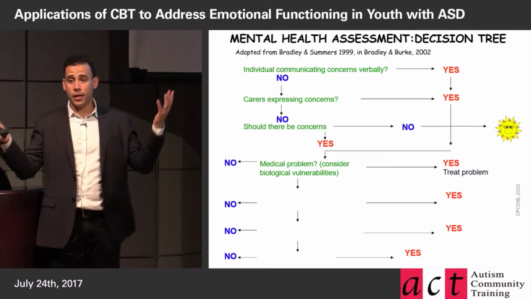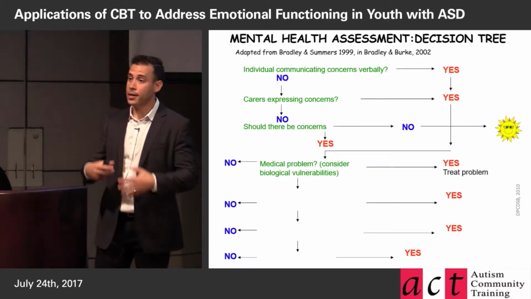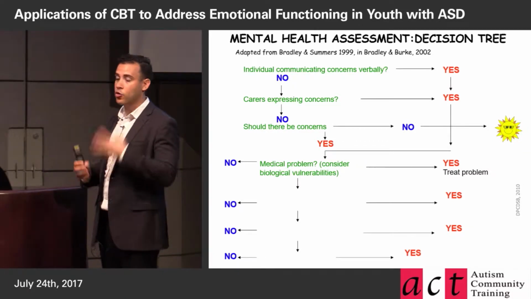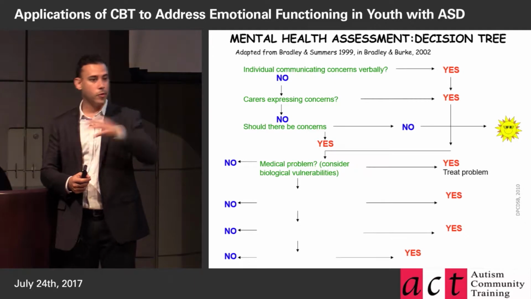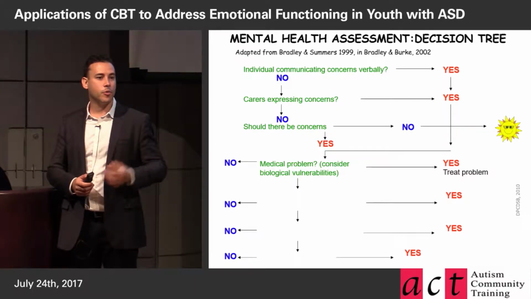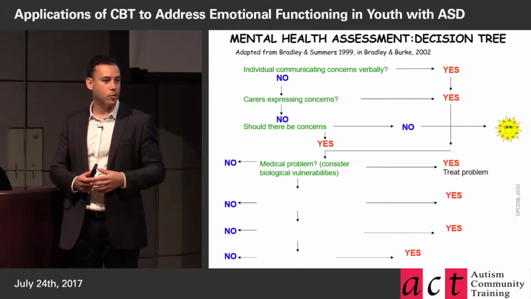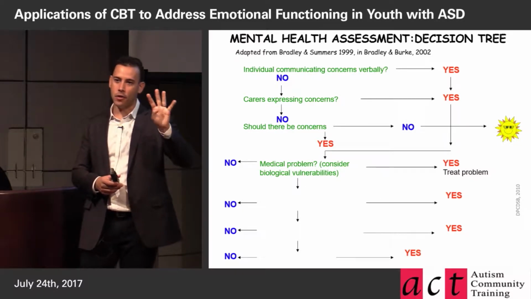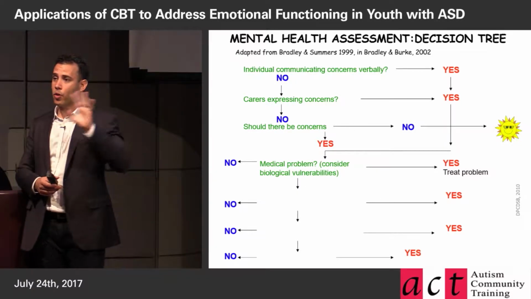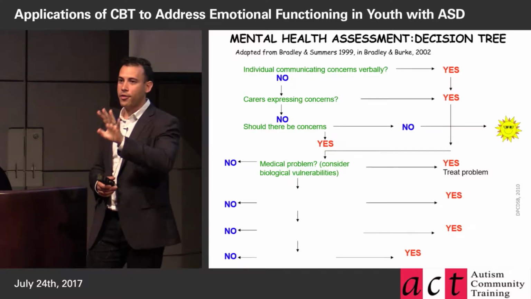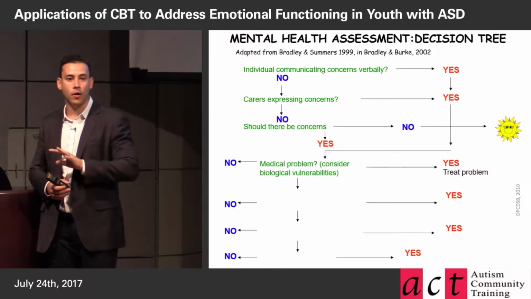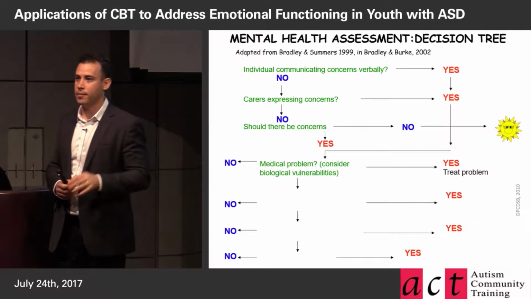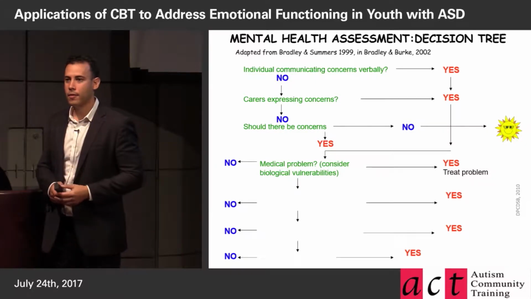The concern could be behavioral aggression, it could be reports of anxiety, crying, right? The person can be verbal, nonverbal. What's their medical situation like? There are kind of the big four, I'd say, medical things that you need to be wary of. So what are the big four biological medical things that might be mistaken for a psychiatric issue in autism? What do you think? Gut issues.